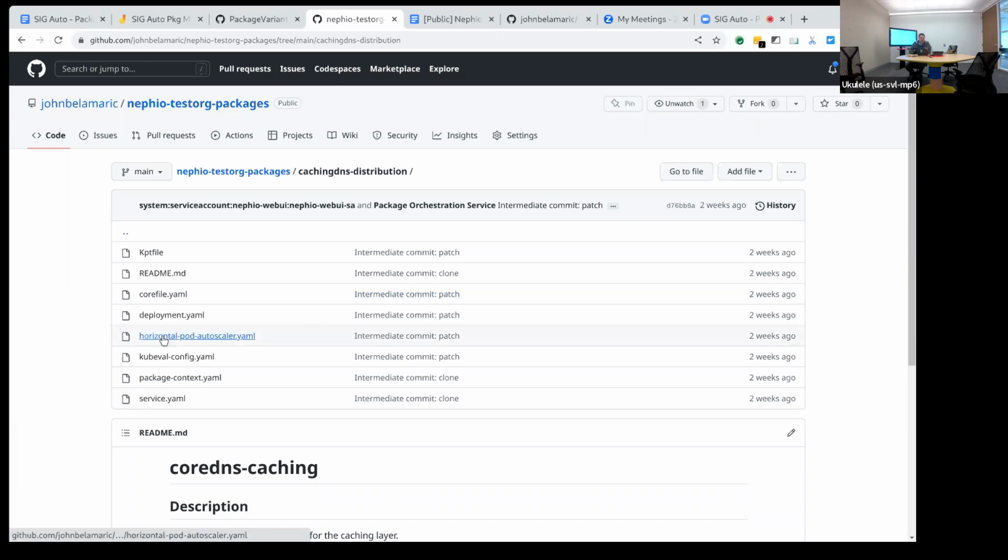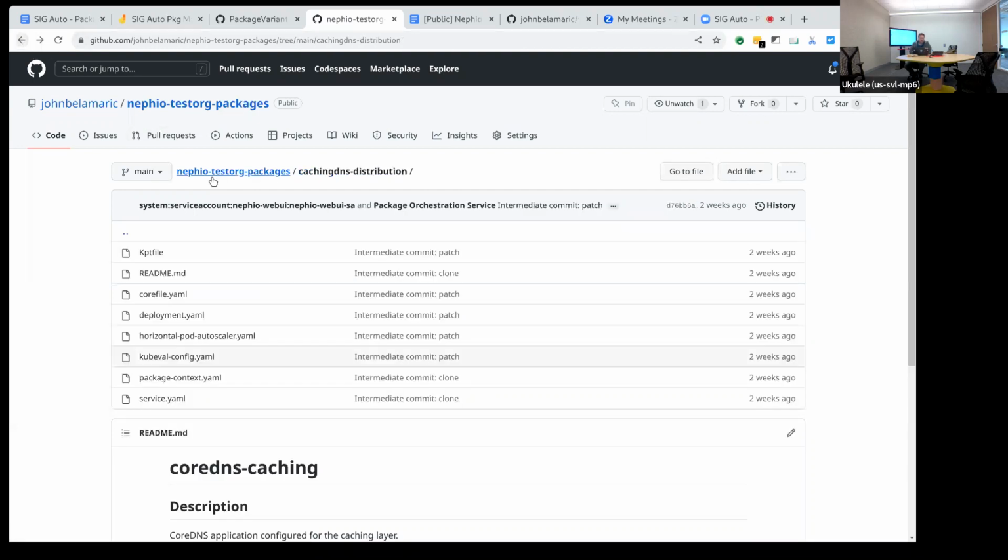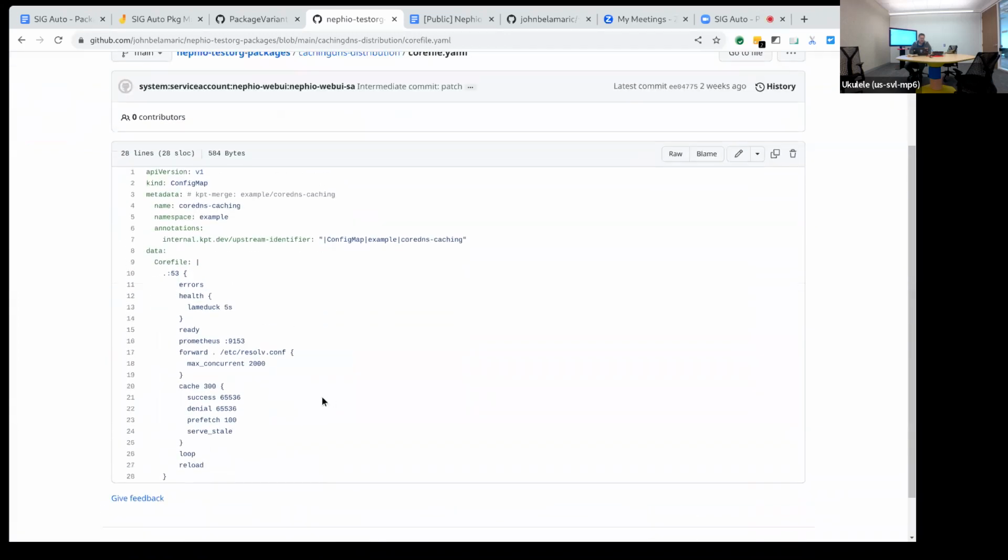But what I do have is, because I'm in a regional or distribution cluster, which presumably is scalable as opposed to an edge cluster, which has fixed resources, I have a horizontal pod autoscaler for my distribution one, which can allow me to have up to 40 replicas instead of the two that I fix in the edge cluster. So those represent different architectural things. Otherwise, it's basically the same, except that the values in my cache sizes are much bigger. That's all.